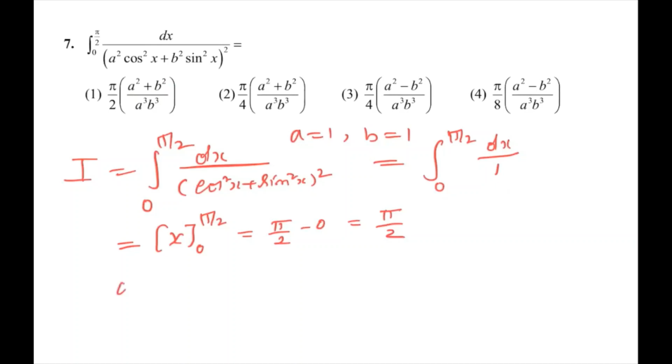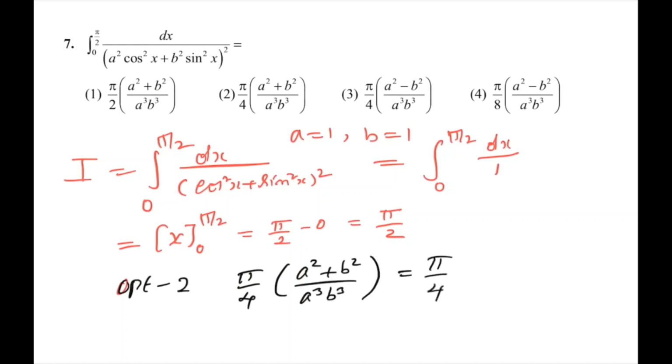But for the second option, option 2, pi by 4 a square plus b square upon a cube b cube. If you replace a and b by 1, you will get 1 plus 1 upon 1 into 1. So it becomes pi by 4 into 2, that is equal to pi by 2. So definitely third and fourth option, when a and b are equal, become 0. So this is the only option that gives pi by 2. So the correct option